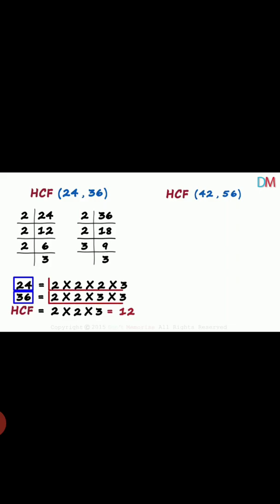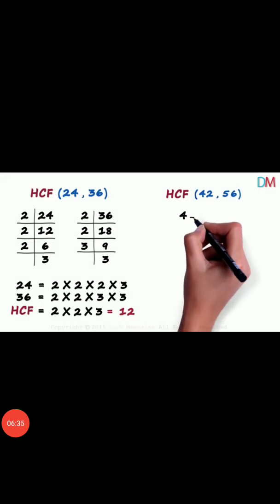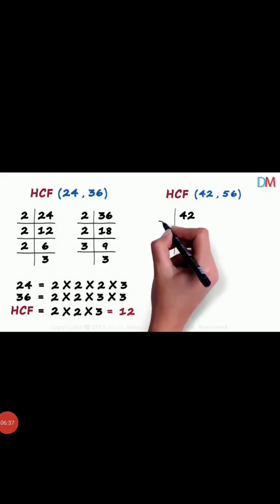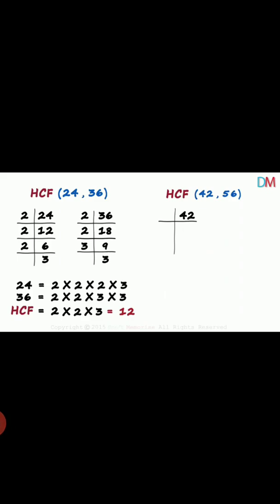Now we will find another HCF for these two numbers and that are 42 and 56. 42 and 56 का HCF हमें find out करना है. For this again we will take out the prime factors of 42. 42 is an even number, it is divisible by 2, 2 से divide करेंगे, so answer will be 2 2s are 4 and 2 1s are 2, 21 times. Now as you know, 21 is divisible by 3, 3 is a prime number, तो आप 3 से डिवाइड करेंगे.